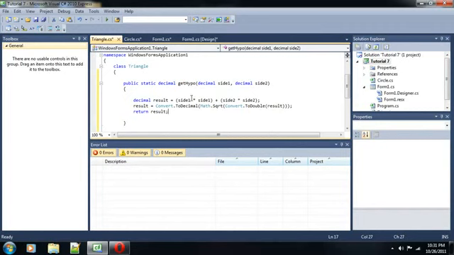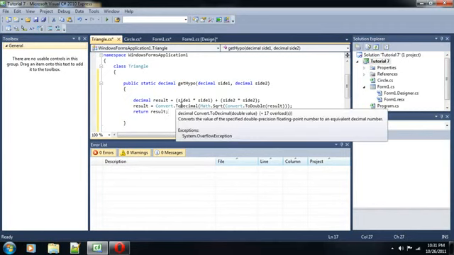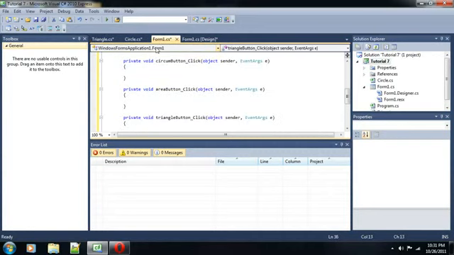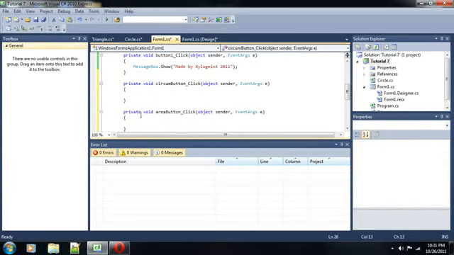So that is our GetHypotenuse method, and we now have our two classes, our class of circle and our class of triangle. And we are ready to use them in our buttons. So let's start out with circumference. Now then, in order to use these methods, I guess we can just create a result variable, as we usually do. Decimal result is equal to